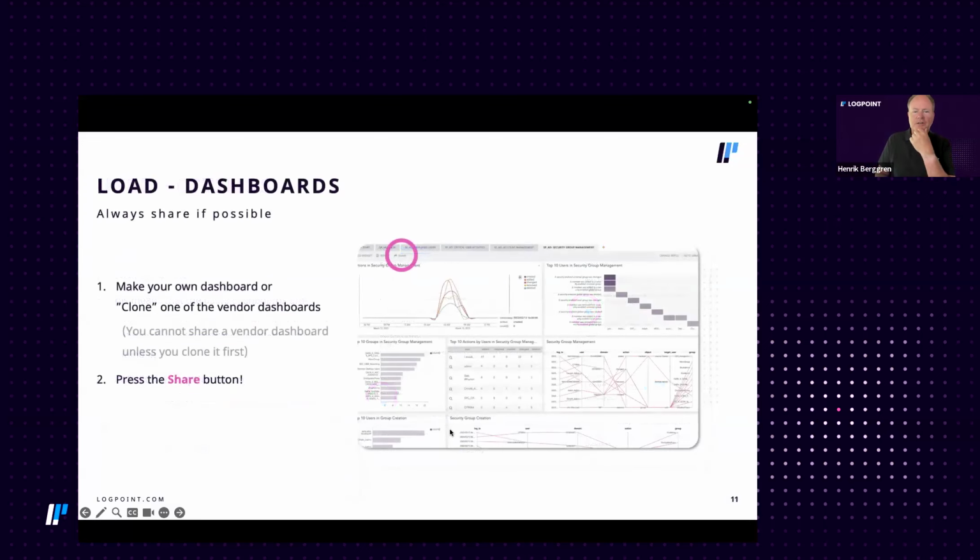Right. So when it comes to dashboards, as you may know, we provide quite a few dashboards out of the box. But we also see users use our dashboards as a starting point and tweak them, or they create their own dashboards, of course. And a great way to save resources, again, is if, let's say, your Active Directory person creates one or more dashboards. Once that is done, he or she can then share those dashboards by clicking the share button,